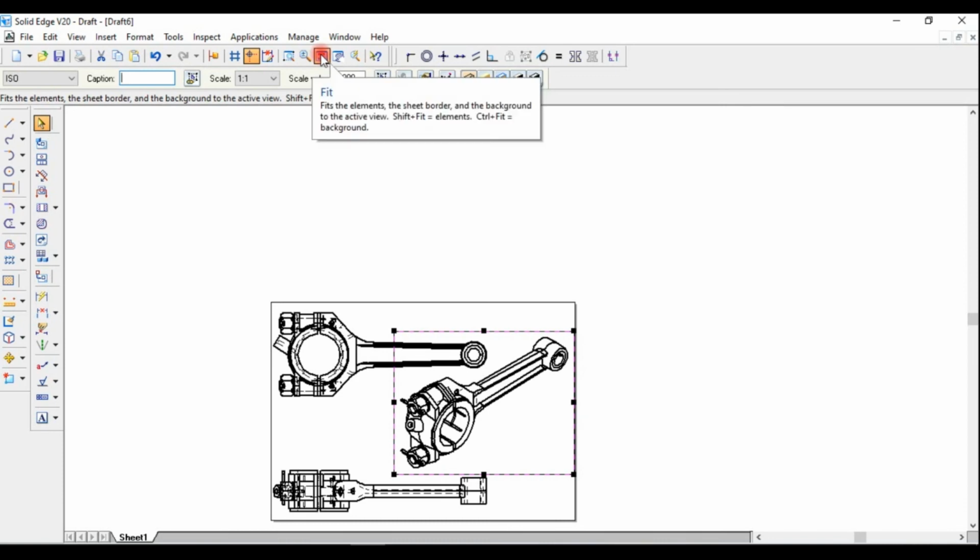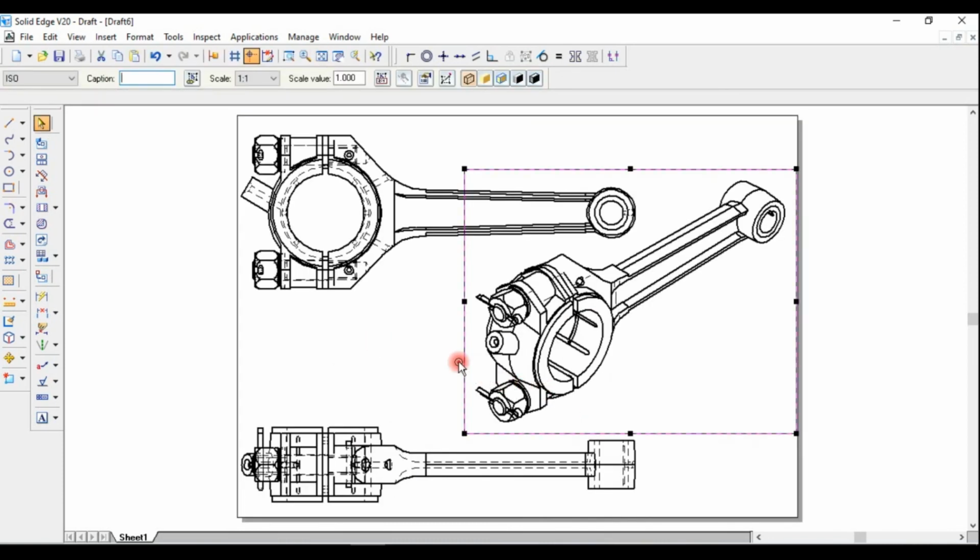Now you have to go for fit sheet. Okay. And I want front section, full front sectional view. For that I will use a different command. If they ask for half sectional view, then you have to go for broken out section. But for this drawing I want full sectional view, so I will go for the sectional view command.